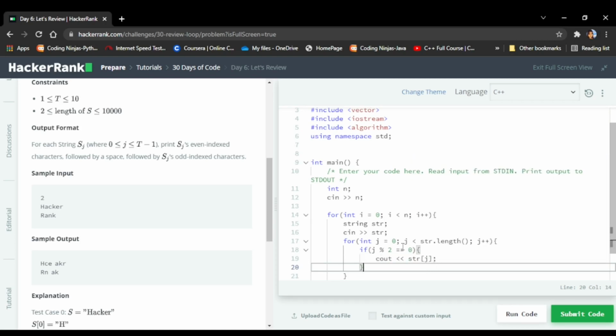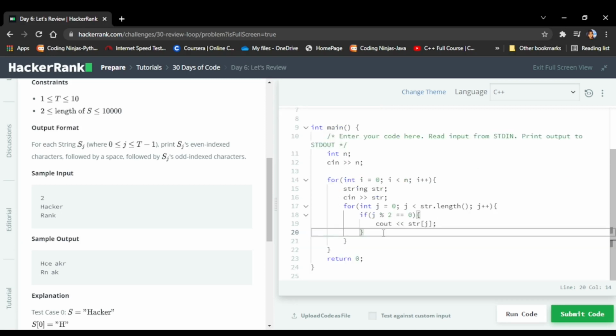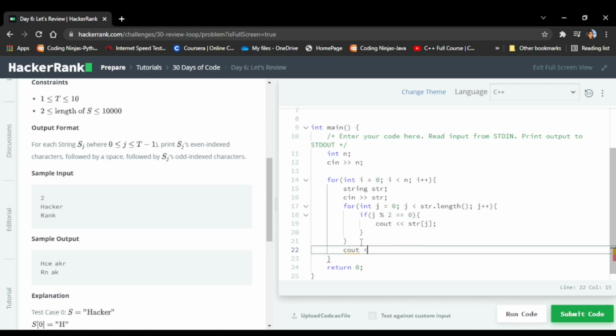We will check that if j is an even number, then we will print the str of j, the even index characters, and this will go throughout the length of the string. That means it will traverse the whole string and will print only the even index characters. And then after this loop is finished, it will give a space, then cout, then a space.